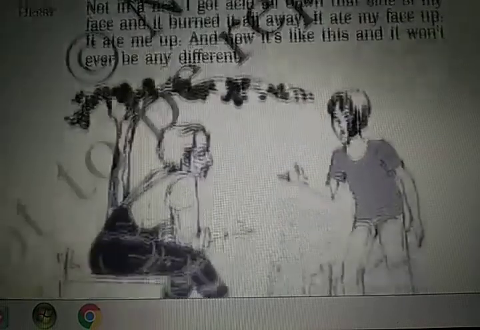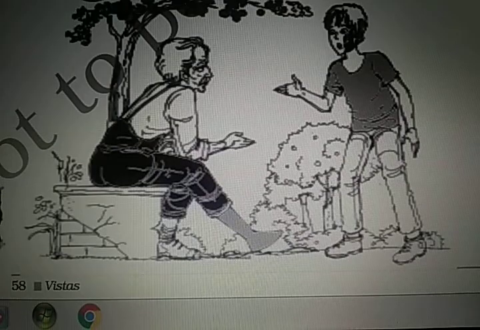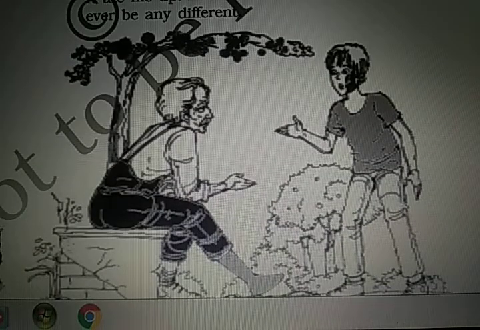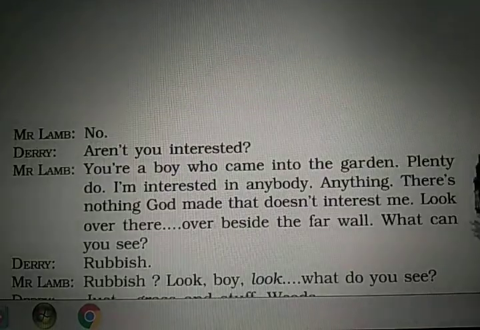You can see here in the picture, dear students, inside the garden, on a bench under a tree, Mr. Lamb is sitting and talking to a boy whose left side is shown as if it is burnt. He is talking about that burnt side of his face, that people are afraid of his face whenever they look at it. He asks the old man why he is not talking about his face, because he is probably afraid of it. Then he starts narrating his story, that his face got burned due to acid. Then what happened next? Mr. Lamb,